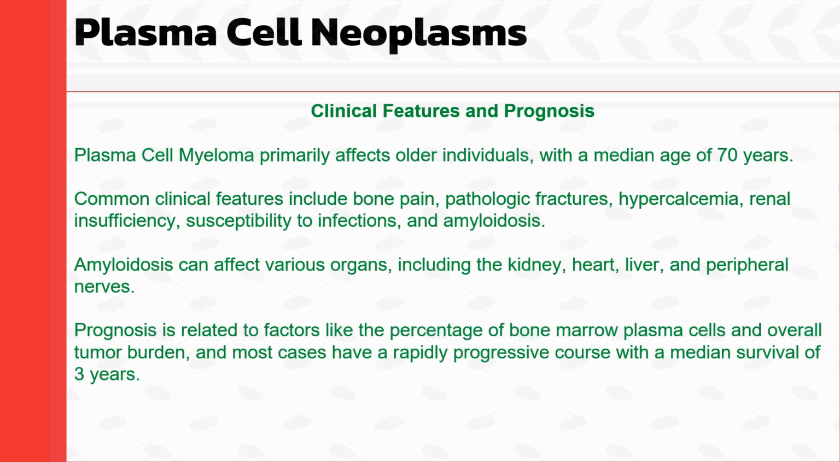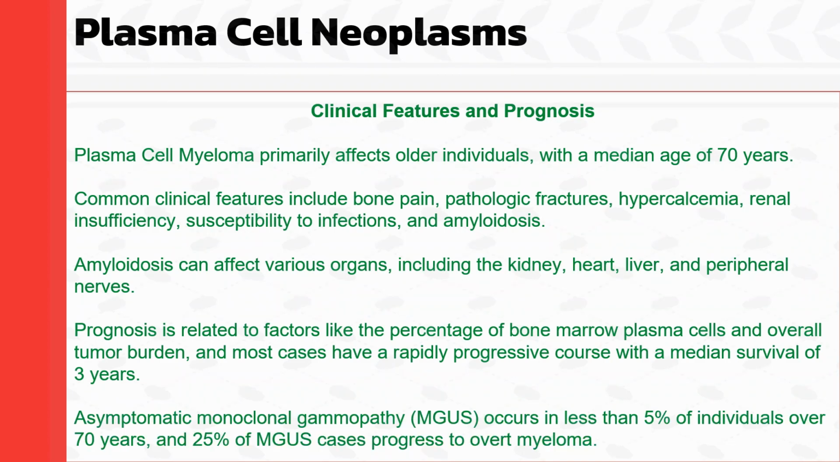Prognosis is related to factors like the percentage of bone marrow plasma cells and overall tumor burden, and most cases have a rapidly progressive course with a median survival of 3 years. Asymptomatic monoclonal gammopathy, MGUS, occurs in less than 5% of individuals over 70 years, and 25% of MGUS cases progress